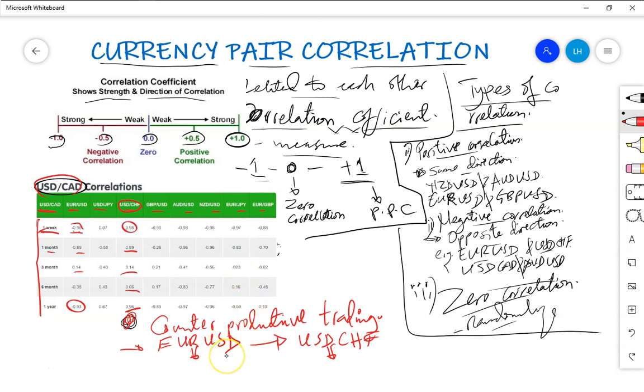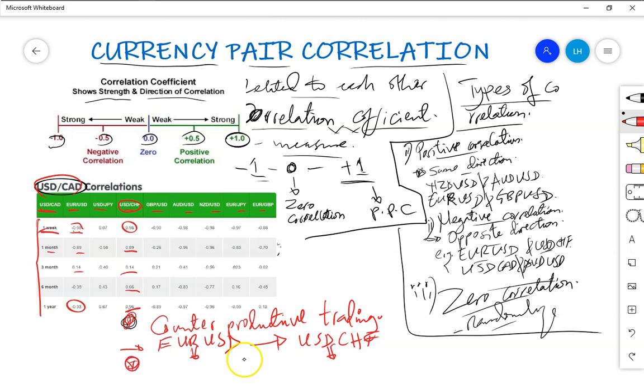But mainly what we're supposed to understand is that if you have an idea about currency pair correlation, you will avoid counterproductive trading by selling 2 currency pairs or buying 2 currency pairs that are moving in opposite directions. So you may do a sell or buy in 2 different currency pairs showing different correlation, or you may sell them all together, maybe 2 or 3 currency pairs that show positive correlation. Now the second use,